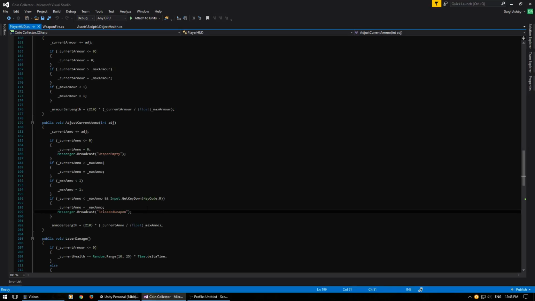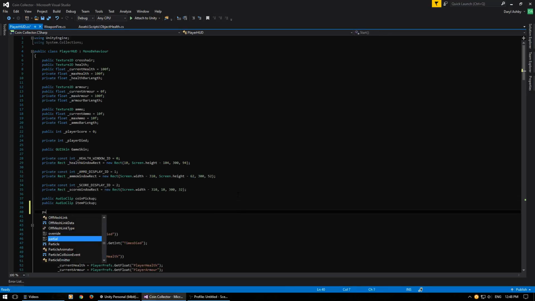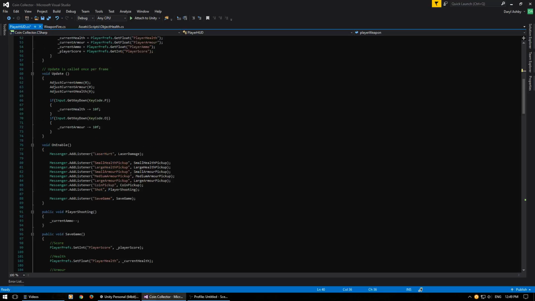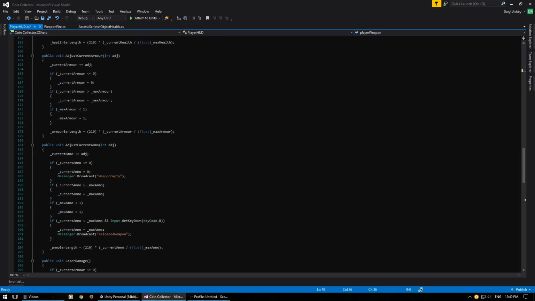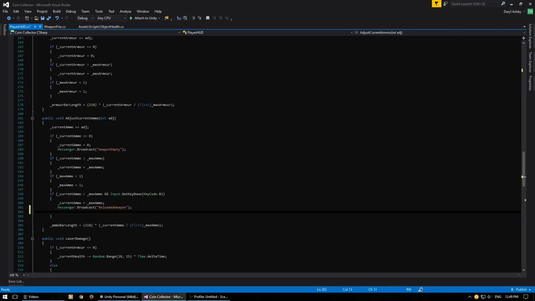There you go. Now what I could do here is up here, add a public game object player weapon. Player weapon. Come back down to where the reload is, which is here, and say